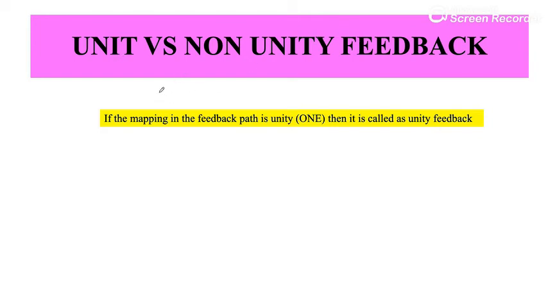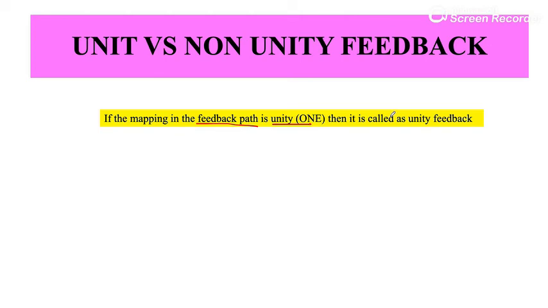What is unity feedback? If the mapping in the feedback path is unity, or its value is 1, then it is called unity feedback. We would have a mapping in feedback which is going to represent a corresponding transfer function. If we have unity feedback, that particular transfer function of the feedback path would be 1.